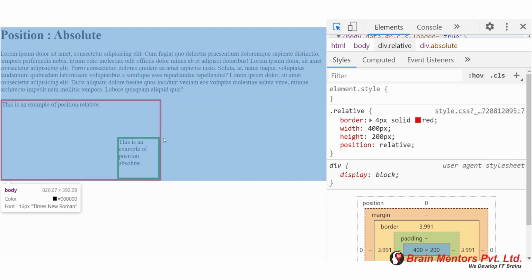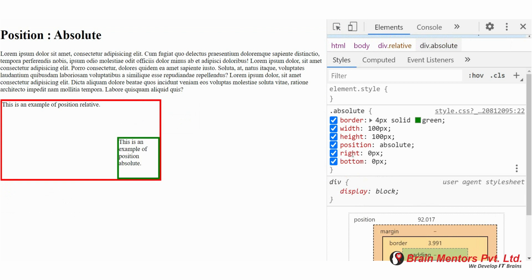And now this green highlighted box is positioned relative to its nearest positioned element, that is the red highlighted box. That's why position absolute and position relative are mostly used together for this kind of concept.